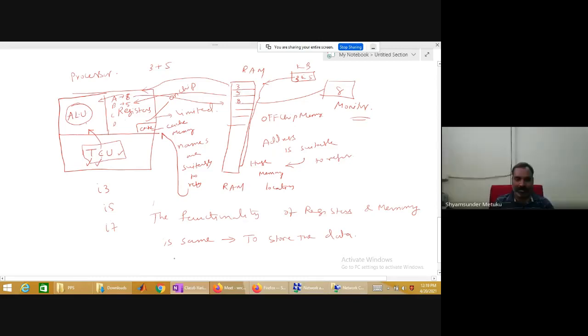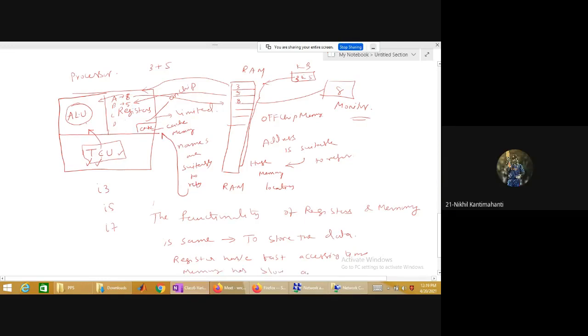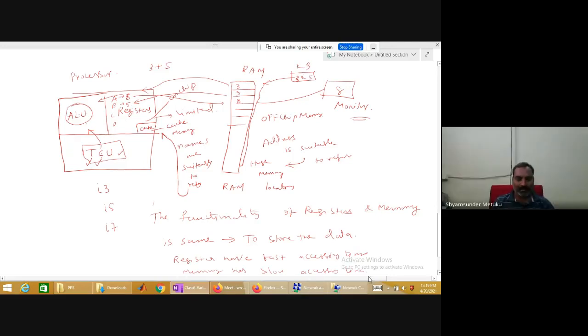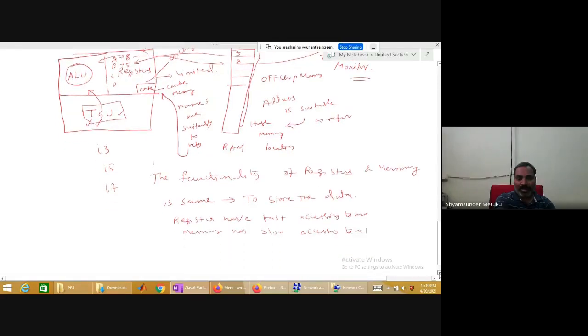Yes, that is the reason you can consider registers have fast accessing time, whereas memory has slow accessing time. Accessing time is very fast, or less, for the registers. Accessing time is more for the memory. Agreed? Yes, sir.